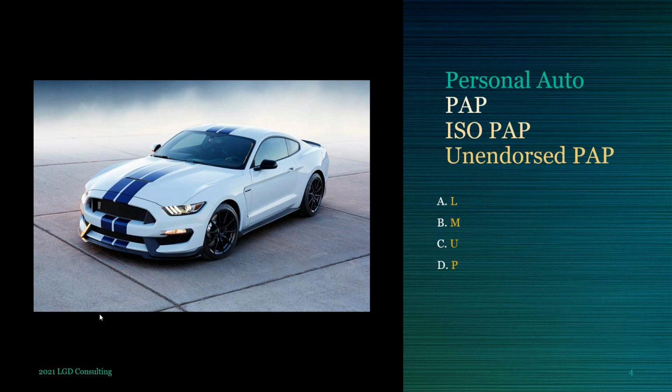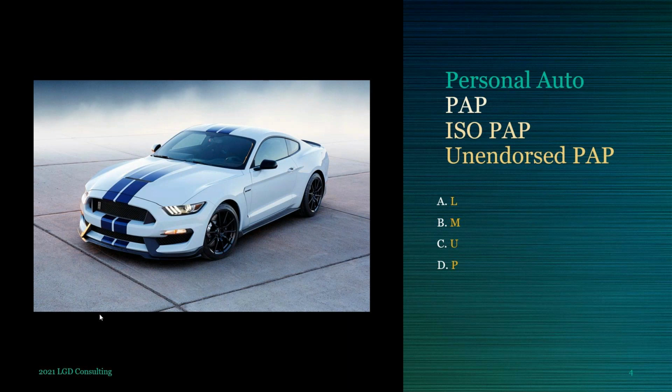Again, I bring this up because I want you to have a heads up. You're studying personal auto policy this, personal auto policy that, and then you go take the test and this is under an unendorsed personal auto policy. And if you got anxiety, you're thinking, what is that? We didn't cover that, right? And then it leads you to want to pick something else as an answer. But unendorsed just simply means you bought a personal auto policy. Just take the word out. Unendorsed means there's no endorsements.